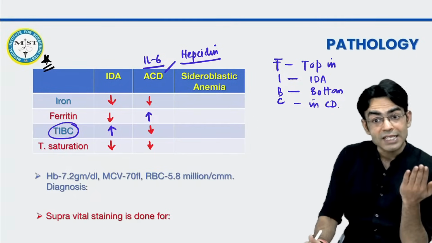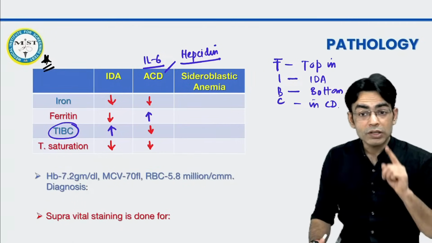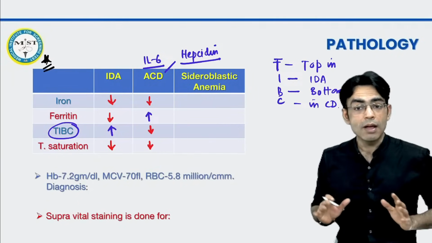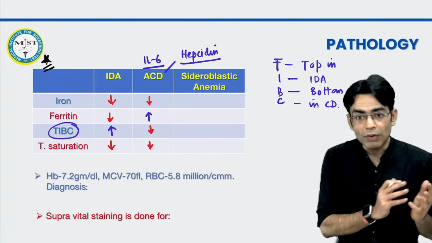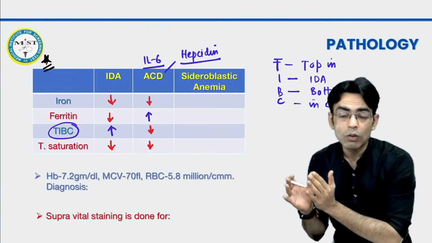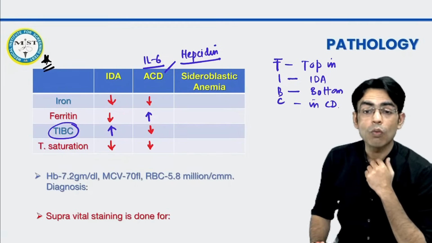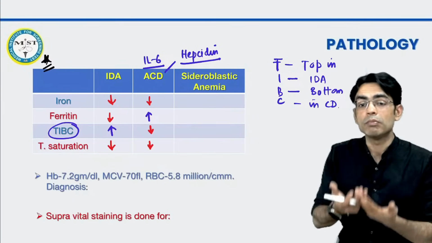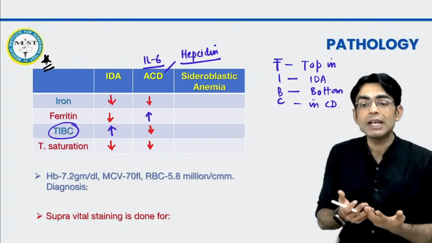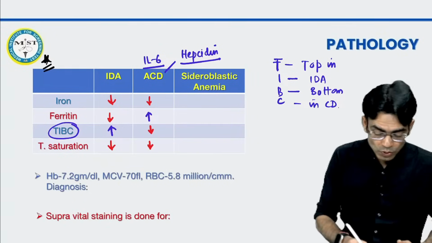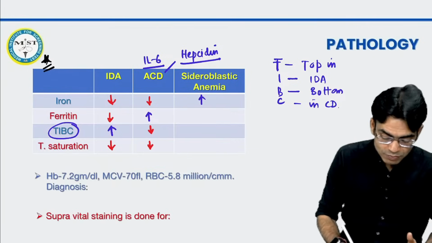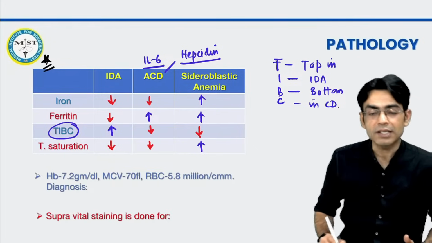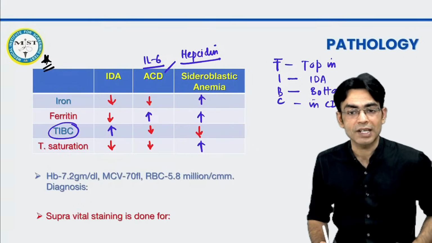Sideroblastic anemia is exactly opposite of IDA. Because in sideroblastic anemia, what is happening? We are having excess iron of the body. We have excess iron, but we are not able to do what? Erythropoiesis. Why? Because we are not having protoporphyrin, we will not be able to make heme. तो hemoglobin ही नहीं बनेगा, erythropoiesis नहीं होगी. So it is quite opposite. Iron is more, ferritin is more, saturation is more, but capacity is less. This is just sideroblastic anemia.